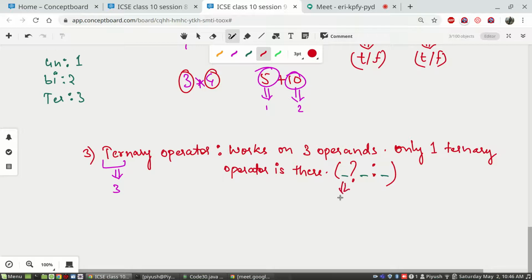Here you will have operand 1. Here this will be your operand 2, and in this place you are going to have operand 3. Okay, so now how does that work?